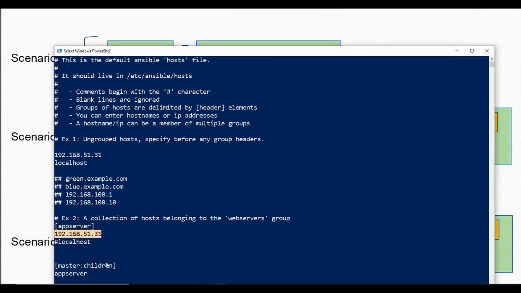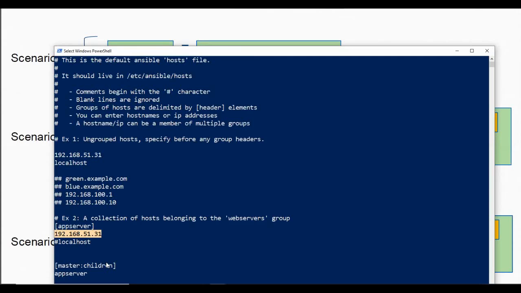You can create group of groups as well. You can create multiple groups based on identification, uniqueness or commonalities. If you want to group all the web servers together, you can create a group, name it anything of your choice, and have all the host names or IP addresses of these web servers written below the declaration of that group.